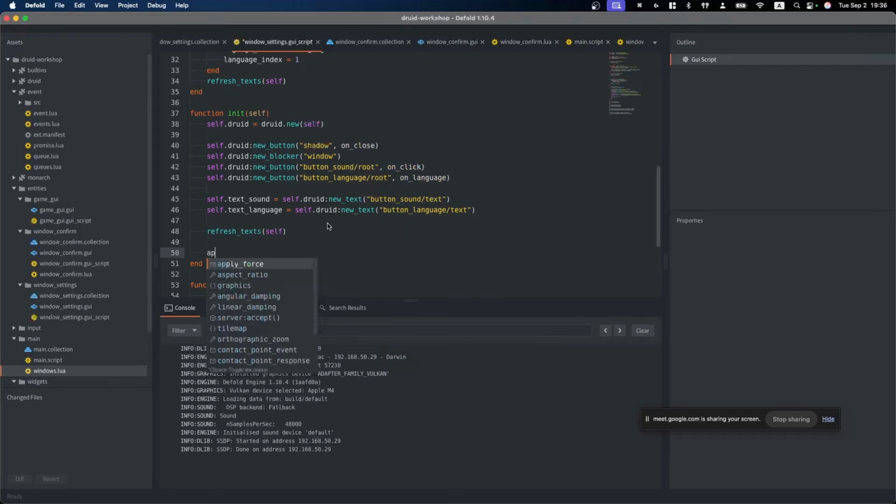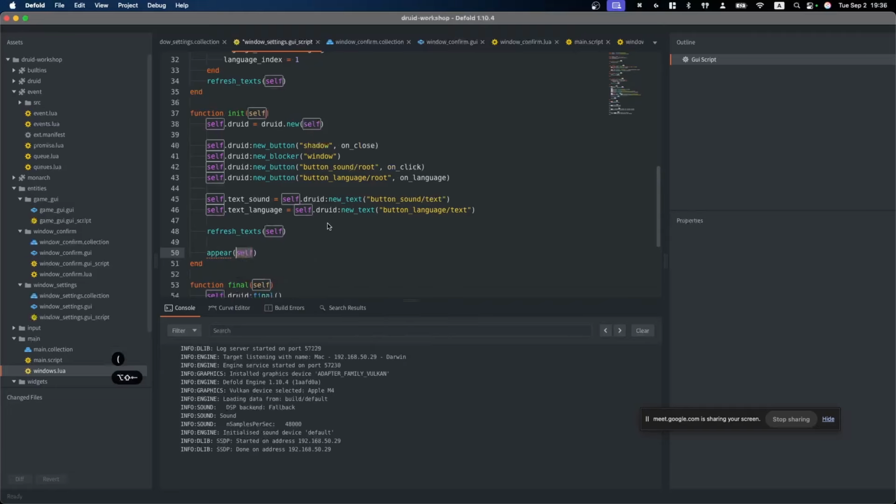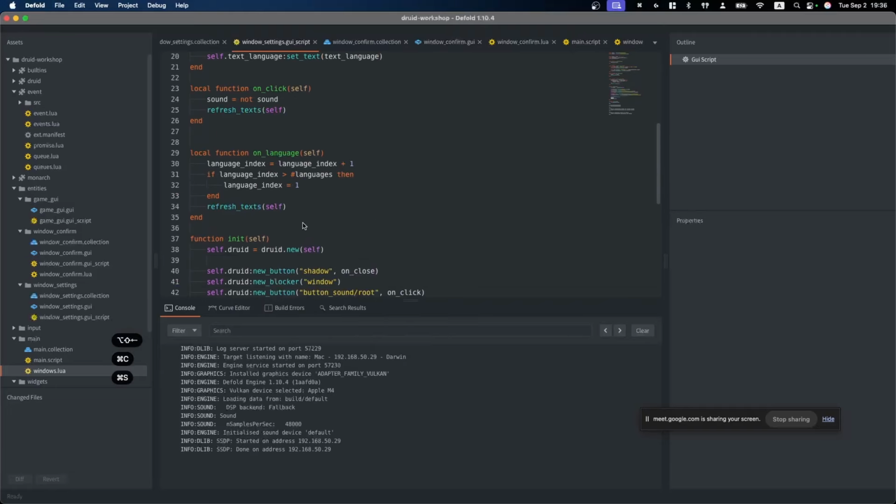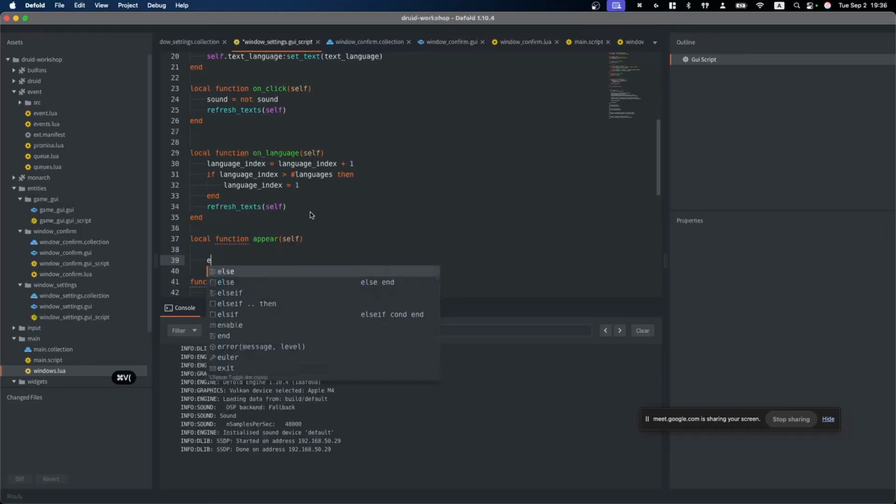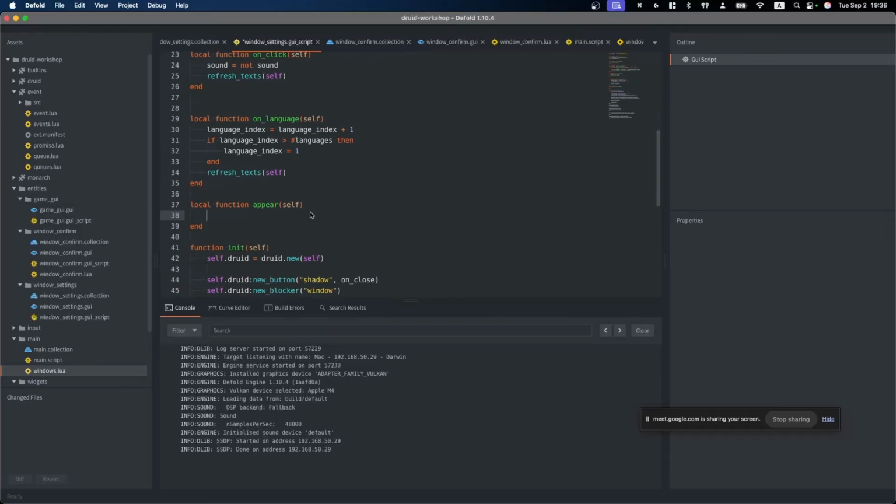So just write a function like appear. It should be placed before appear self, and we have a root node here. We get node root.